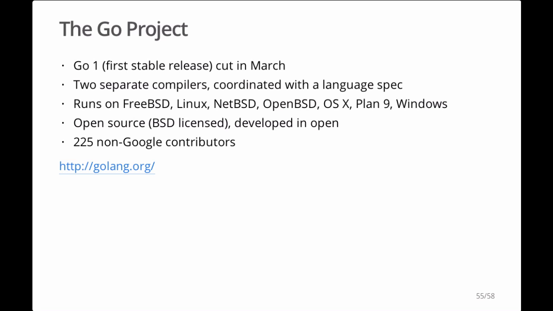And the Go project originally started at Google to create a great language for writing the kinds of programs we need to write at Google. But we planned from the very beginning for it to be open source, so that other people could use it for those purposes and other purposes. The project was started by 3 people, Rob Pike and Ken Thompson, who worked on Unix and UTF-8 and Plan 9, and Robert Griesemer, who worked on Strongtalk and later on the HotSpot JVM. Ian Lance Taylor and I joined them a few months later, and since then we've been joined by many other developers both inside and outside Google.